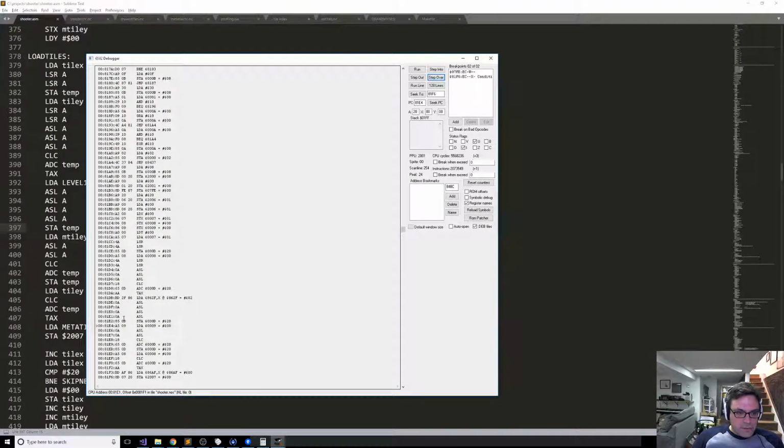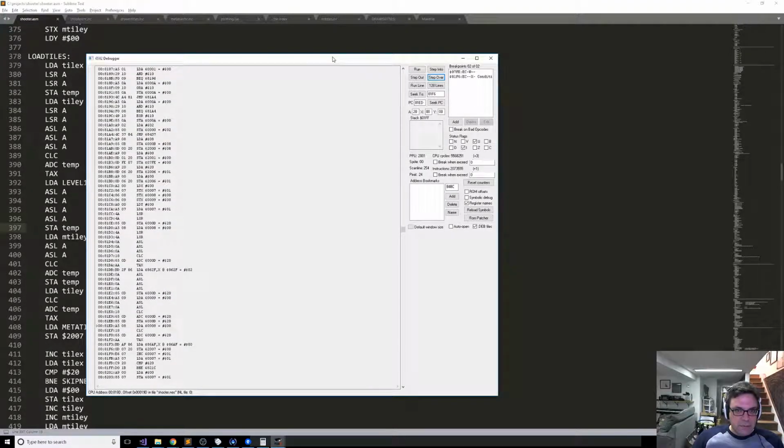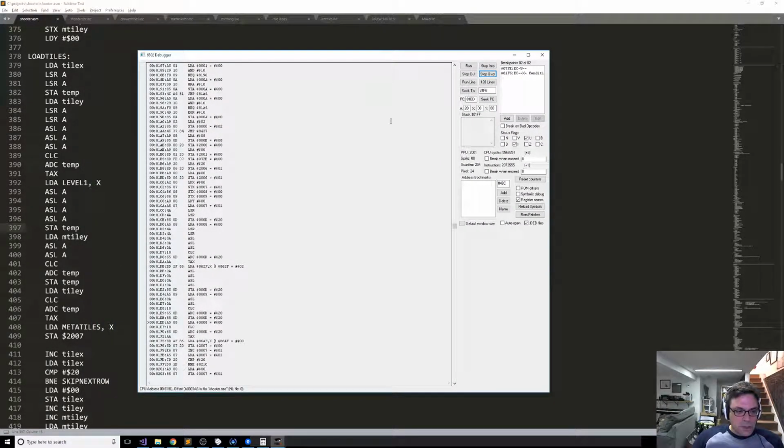We're going to load the M tile Y, which is still 0, which is fine. We're going to shift that and clear the carry and add temp to that, which gives us that, and that's fine. We're going to store that again because we then need to load